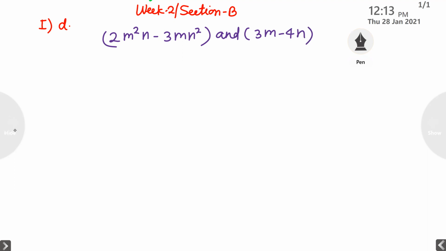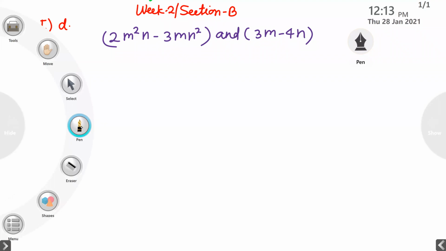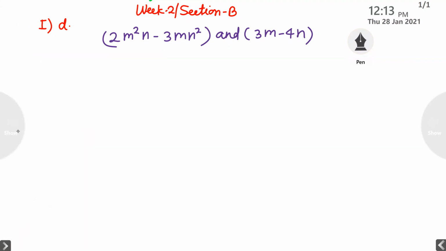Now I want to do multiplication. There are two ways, student. First expression I can multiply with second expression, or second expression I can multiply with first expression. Depends on you. Okay, I am writing here 2m square n